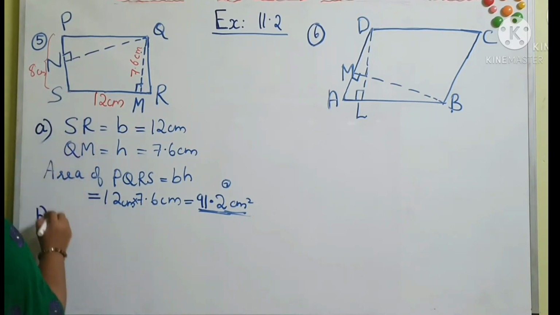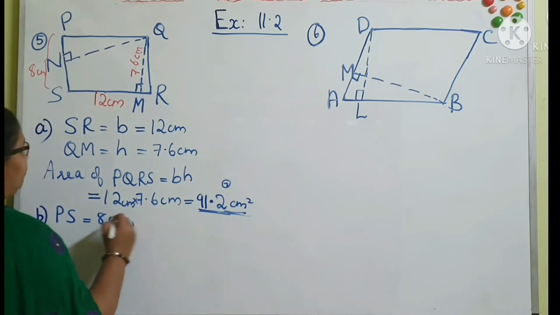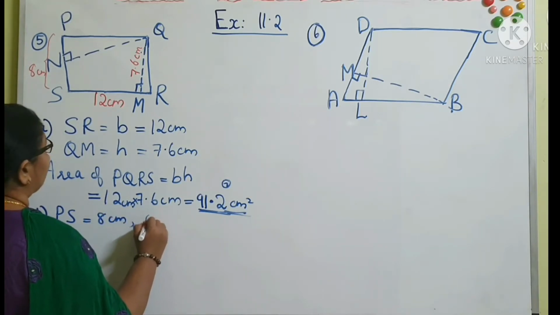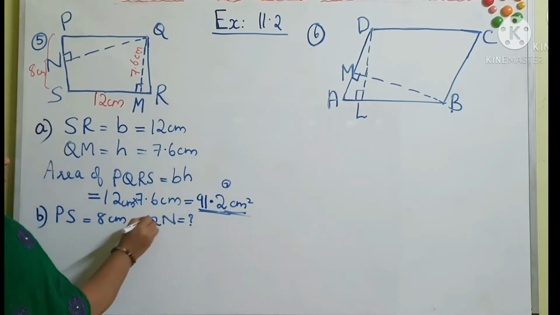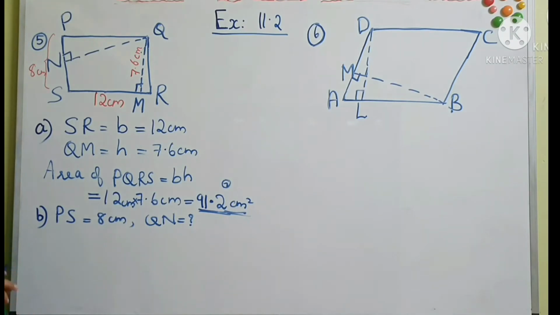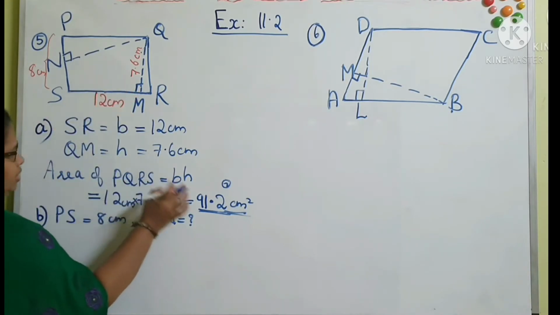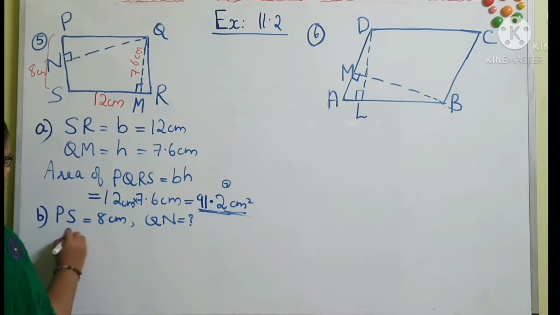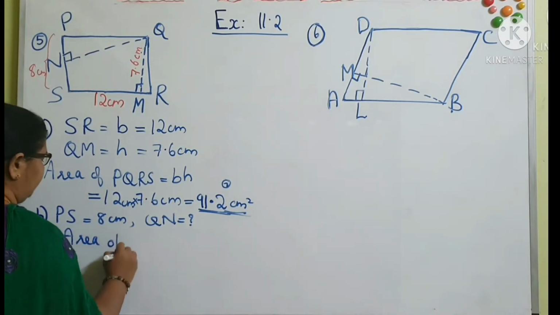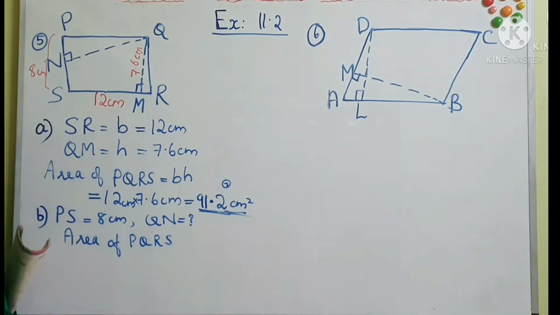Then second part B. In the second part, it is given PS is equal to 8 centimeter. We need to find QN, and that is the height to PS. We have the area already, 91.2. Then area of parallelogram PQRS is equal to,